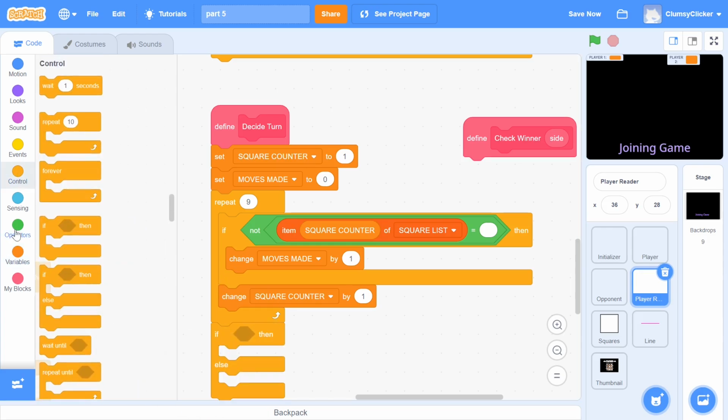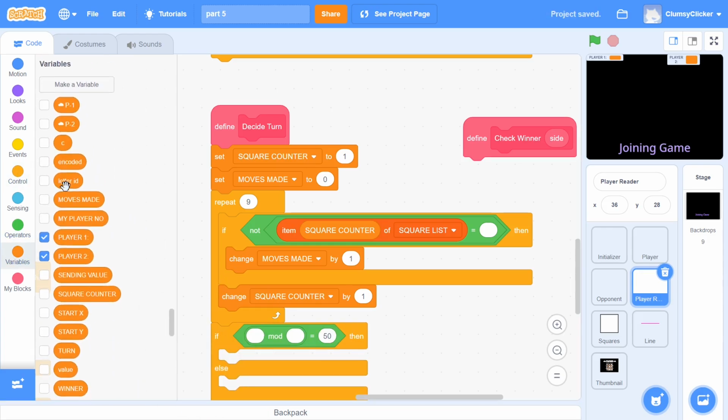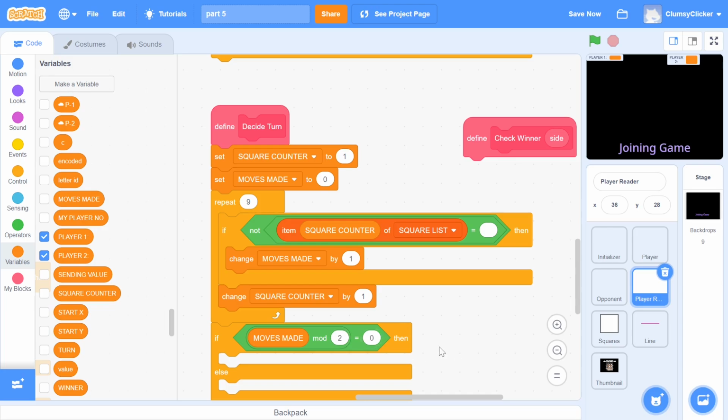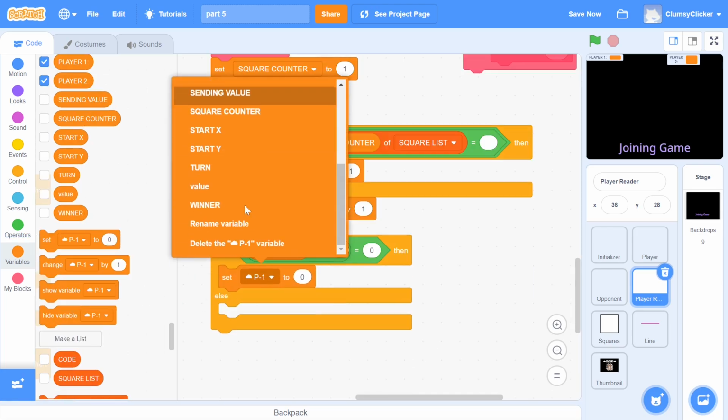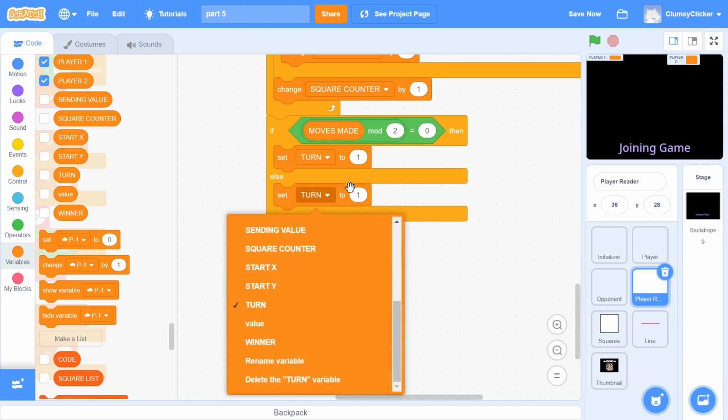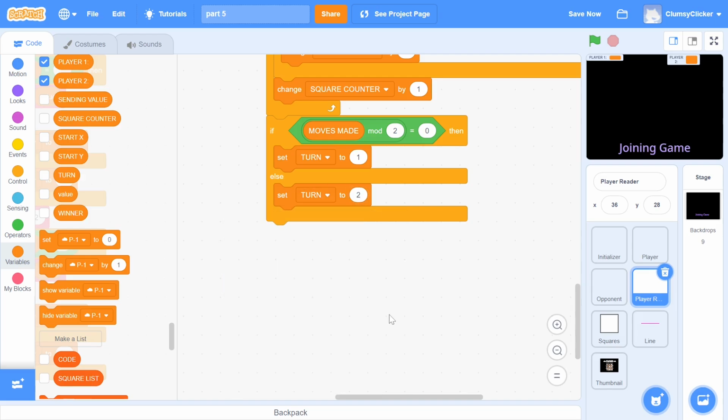If the number of moves made is even, then the turn should be player 1, and if the number of moves made is odd, then the turn should be for player 2. Great, now we have to program the check winner function, and in order to do this, we need to create